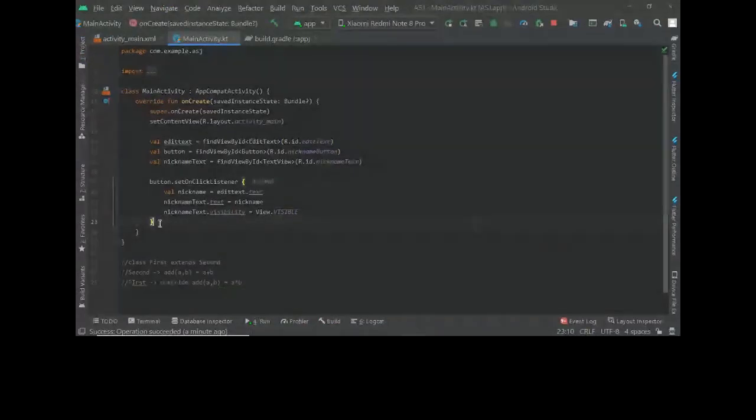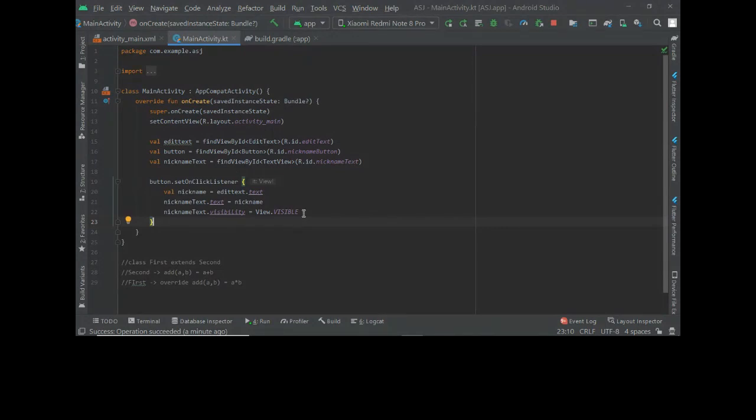Okay, so we have a little time left, and I'll show you how to navigate between activities. Now we can change some other stuff in this as well. In the course, once you've displayed this nickname text, they have made the edit text and the button also disappear, and you can do that by changing the visibility here as well.